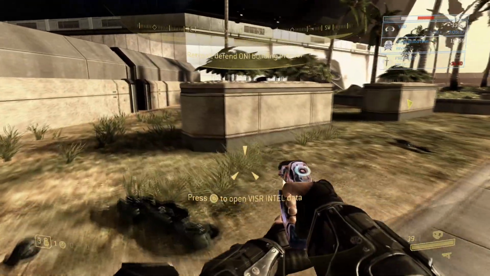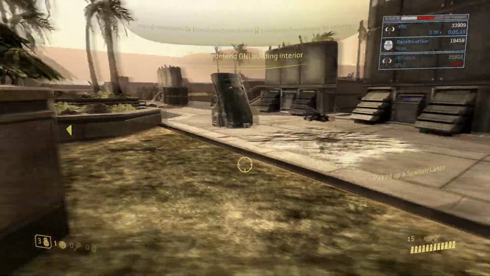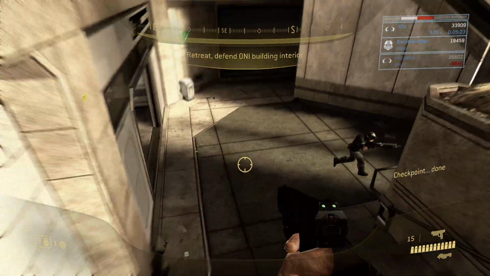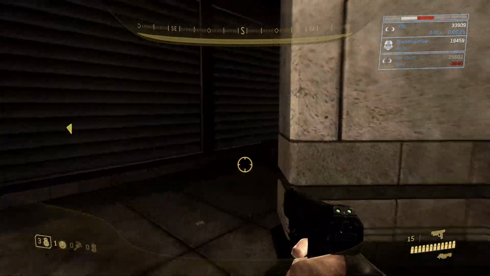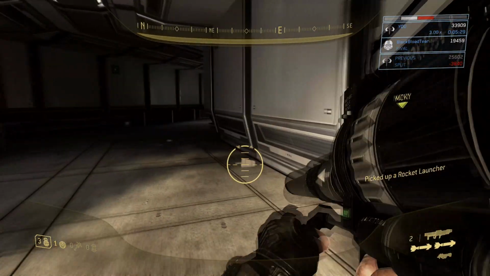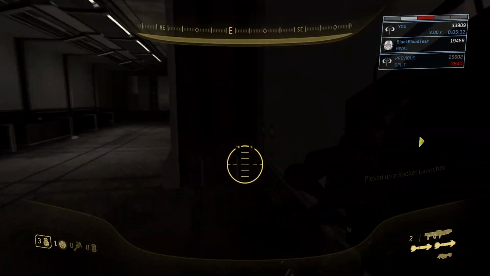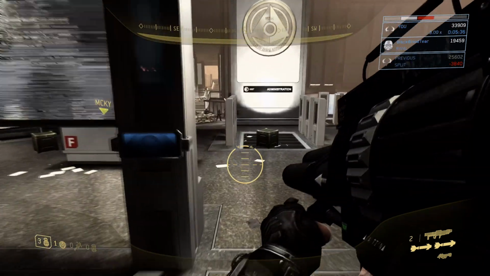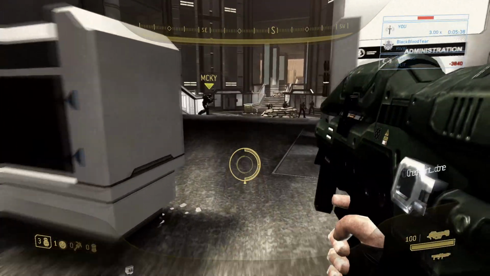But as you heard the Marine over the comms here, all we need to do as soon as we hear that is just head right on into the ONI building. We're going to pick up the rockets as well as that Spartan laser that you saw up there. We definitely want these before we get inside the ONI building. Now, while we get ready for this firefight miniature game,